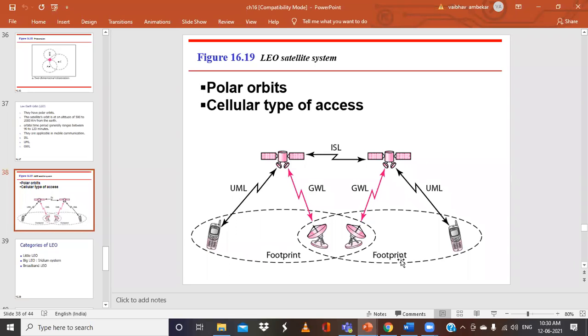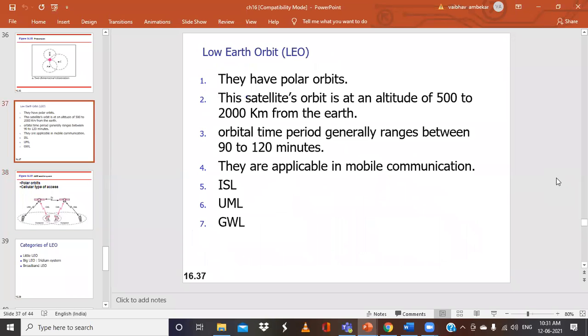So this is what we were discussing about footprint in yesterday's class. This is what we call the footprint. The main communication signals will reach this particular region, which has the footprint or line of sight. If you are near this particular location, you can get a good signal strength, but as you move away, your signal power or strength will be reduced. So these are the basic characteristics of the low Earth orbit.